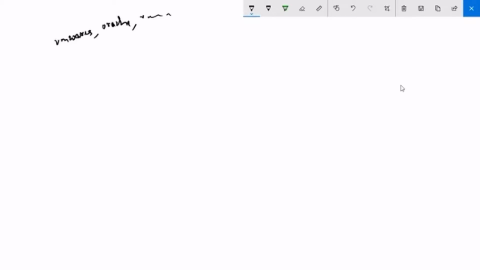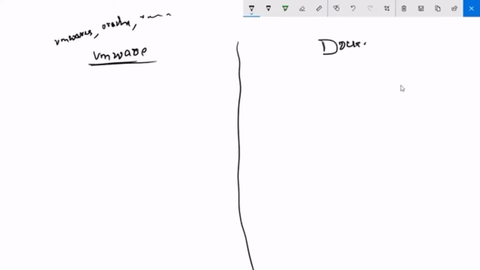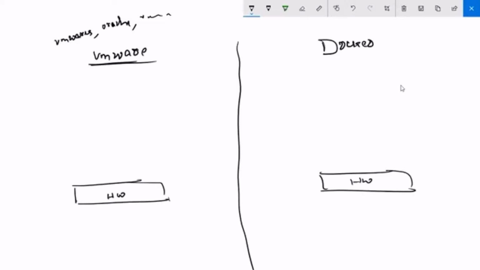See here. In this box, let's take VMware. Here, let's take Docker. So this is my hardware, my laptop. Here also we have hardware, a laptop.